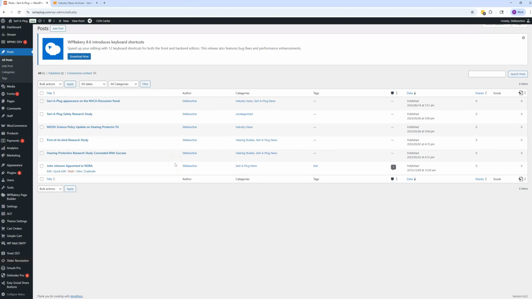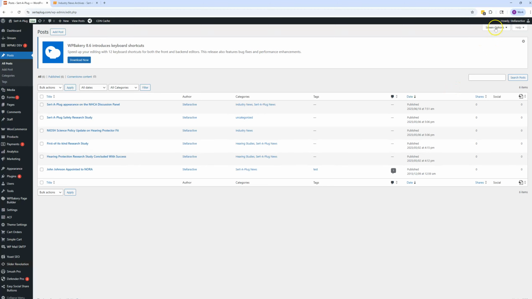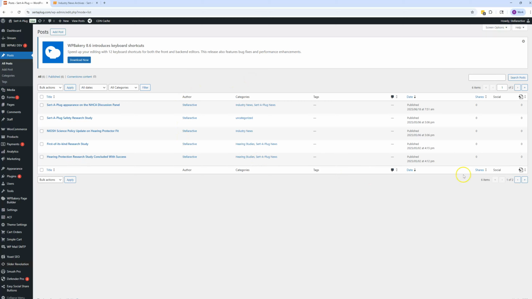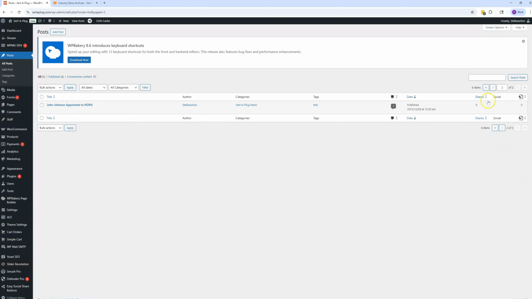As you get more and more posts here, I think the limit for the page typically is set at 20. So once it hits that limit, let's see, we'll just apply this downwards and make it 5. You can see that it'll show this as a series of pages. Since right now we've got it set to only show 5 posts, there's 2 pages, and if you wanted to see the second page, you could go to that